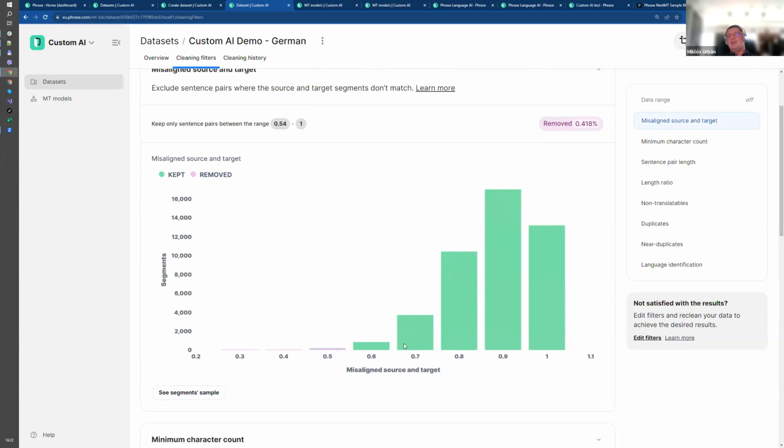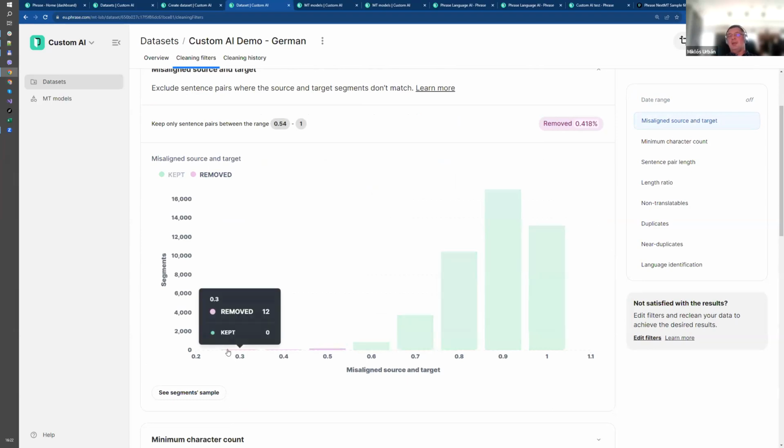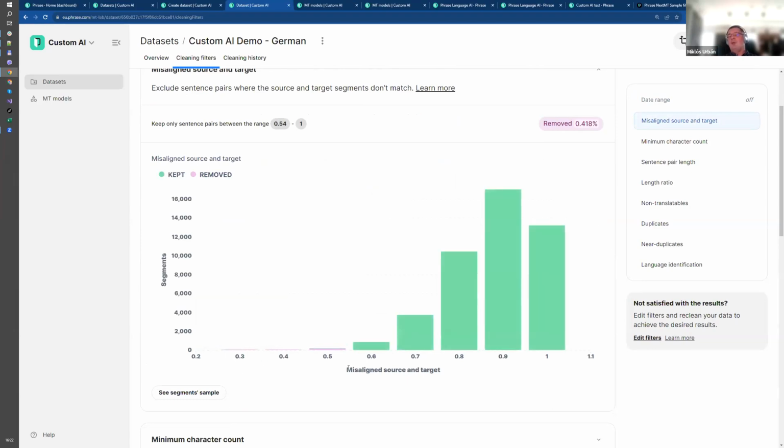In this case, you see that the bulk of the data is on the right side of this histogram, but the left side of the data, which appears in purple, is removed. And it's not biting into the bulk of the data. It's just removing the long tail. That's something that you would like to do, remove the long tail, which are the outliers. But if that's not enough information,